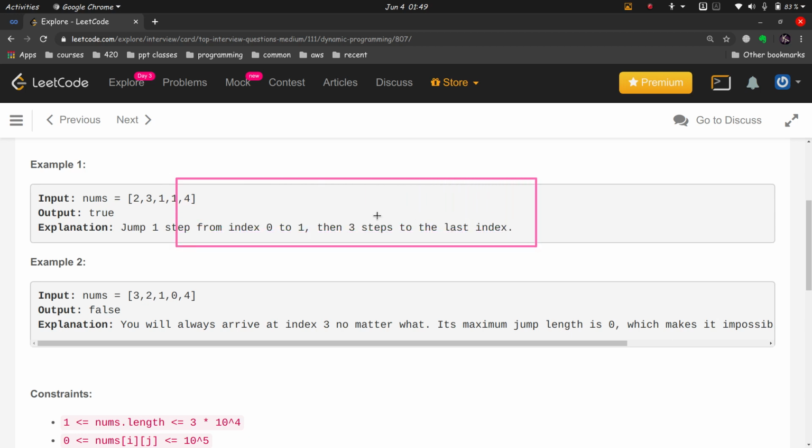I'm not going to write any elements, or I might write some elements, it doesn't matter, the elements don't matter. So this is our target here, and the starting point is this one, so we have to start from here.